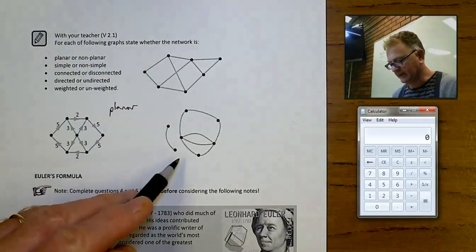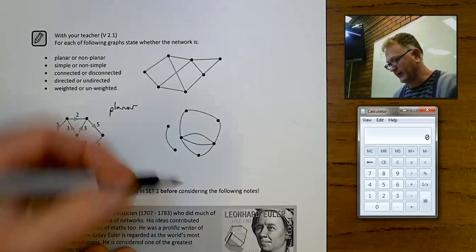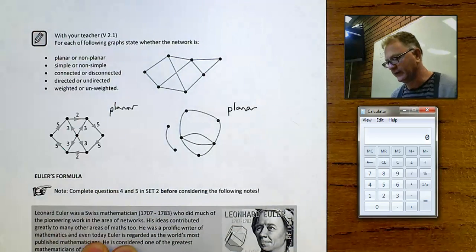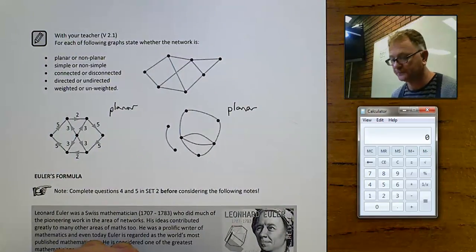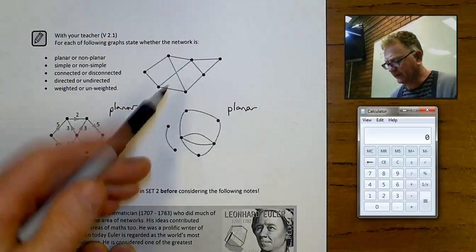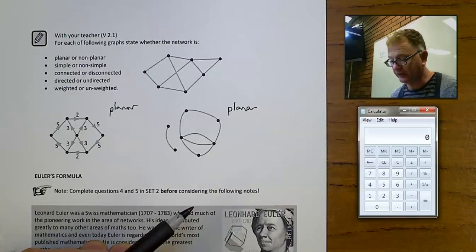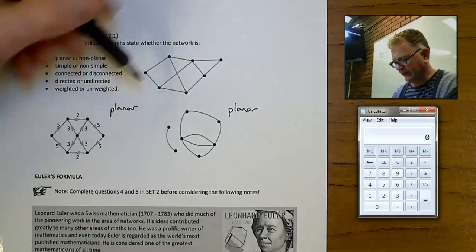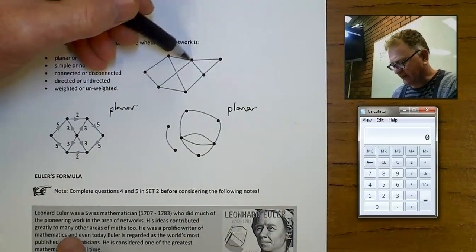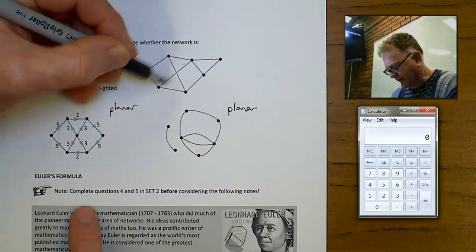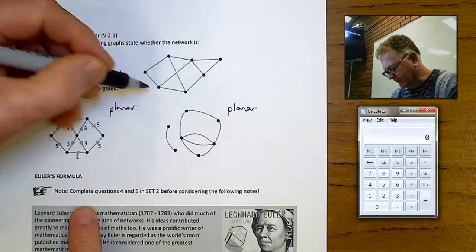This one here, no edges which cross over each other, that is also planar. I've left this one to last though because it is a bit tricky. When you look at it, you can see that these 2 edges cross over, so you might be tempted to say this is a non-planar network. But thinking about it, can you imagine this edge here? If I was to get it and I could stretch it around, pull it over this way so the whole